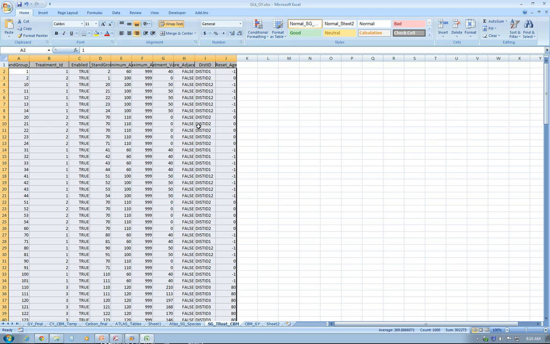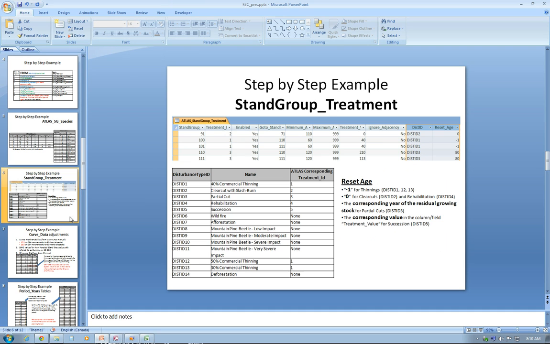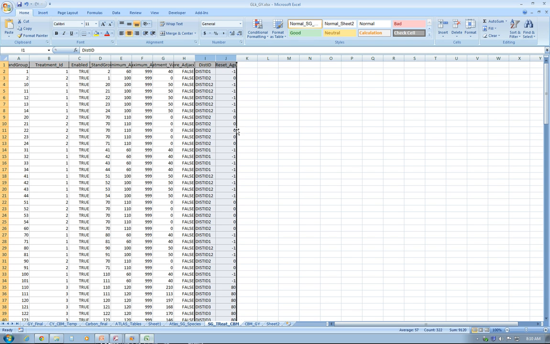So this is actually the work I did, and the two other columns are disturbance ID, type, and the reset age. Disturbance ID is strictly linked to this table. The disturbance types are available to use in CBM-CFS3, and I already talked about this in the other video. The user can add more disturbances at any time, based on the project's characteristics. And it's pretty straightforward. You just use a concatenate function in Excel,